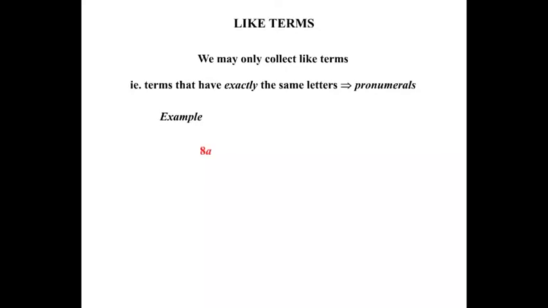If we consider 8a, and I've written a group of other terms there, what we're going to try to do is to work out which would be considered like to 8a. Let's do one at a time. 3a. Well, it does have exactly the same letter as the 8a, so it would be a like term. We'll group it across. The 2m is different from 8a. The minus 6a, right, the letter term, the a is exactly the same as the 8a, so we'll bring that